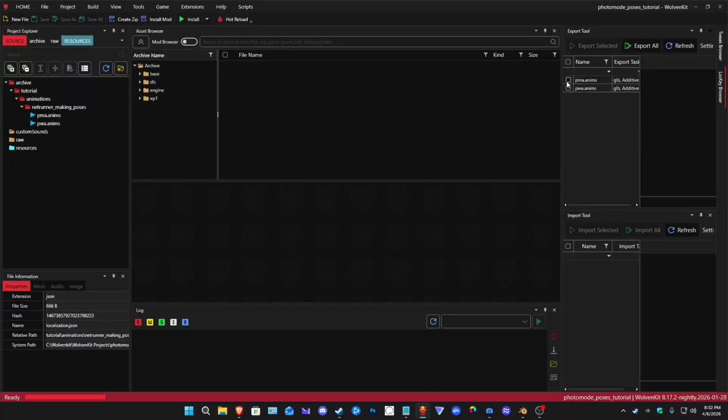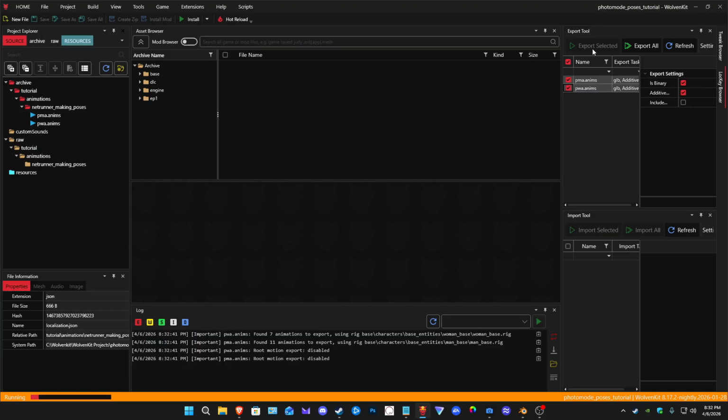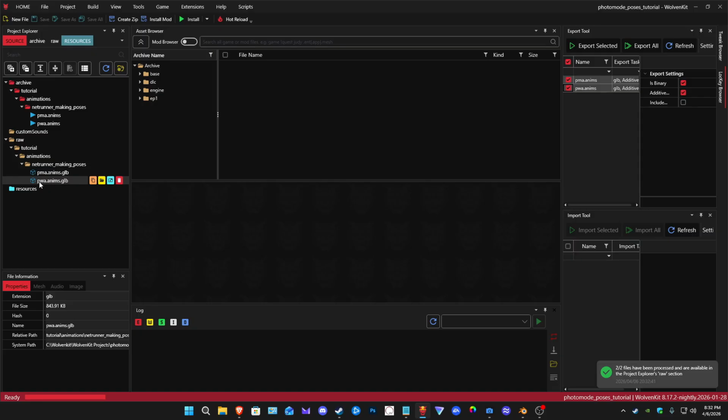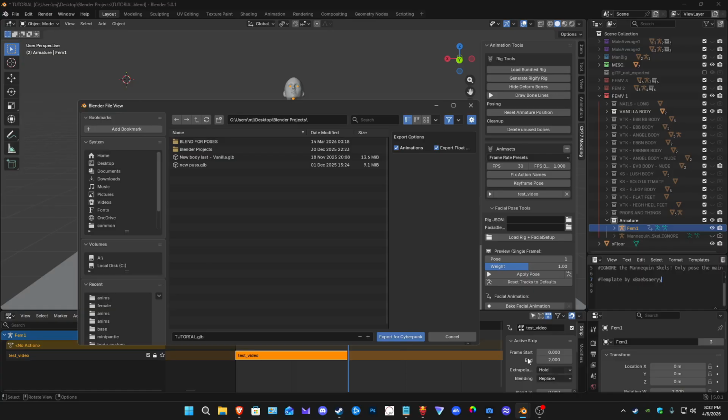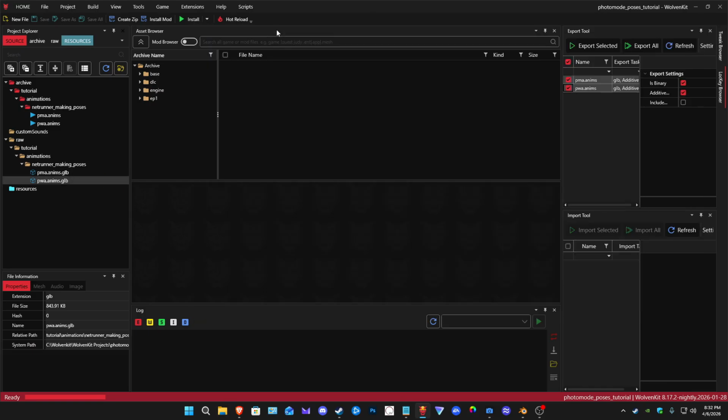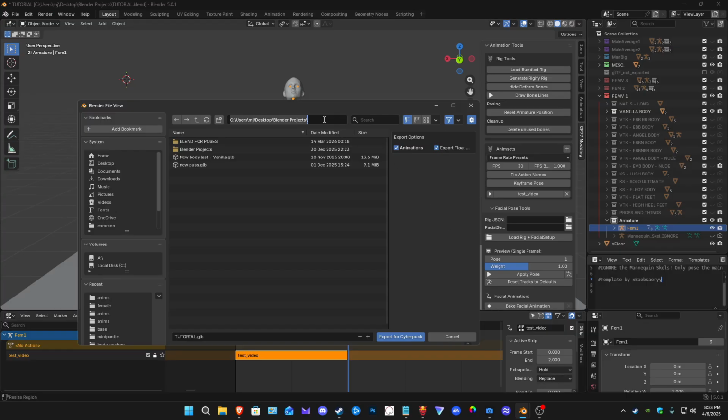Now we want to export these two. Well, export the one that you actually are working on. So if you're working on masculine poses and feminine poses, you just select both and then export. But for this example, I'm using feminine poses. So I'm just going to focus on pwa.anims.glb. I am going to open this GLB right here, copy the path, and then paste it in here. And then I want to replace the